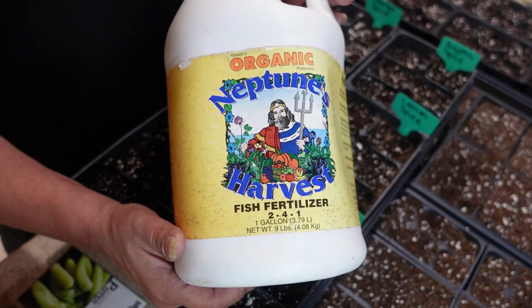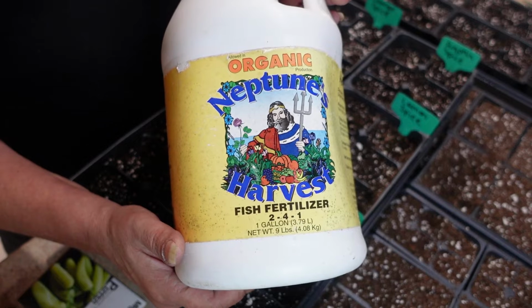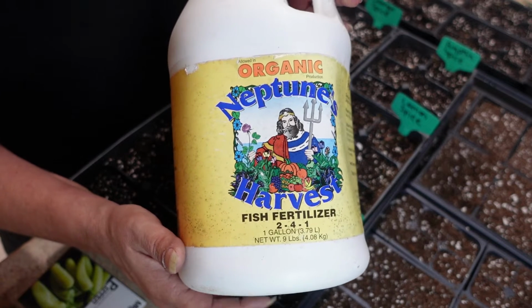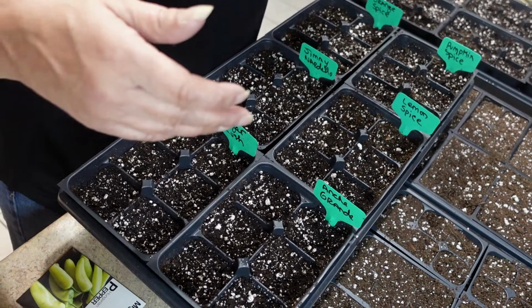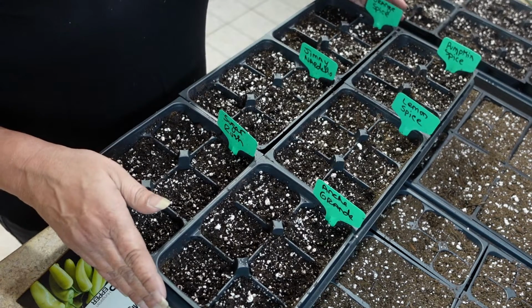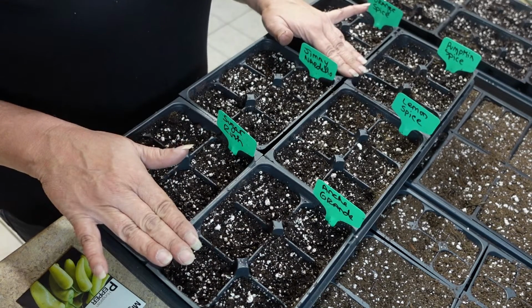And I say it almost every time, but do not use Miracle-Gro on your seedlings. You'll kill them. It's too strong. So use something mild. Just follow the directions of how much to use. And once they get really established, and so this is the first step of starting the seed, what I'm doing